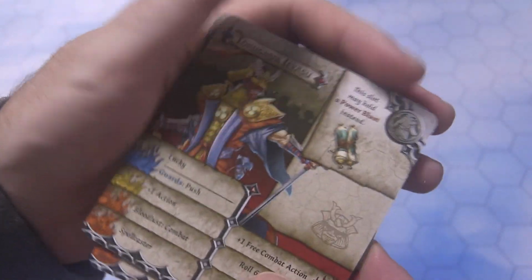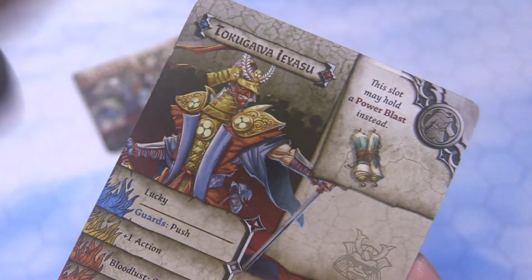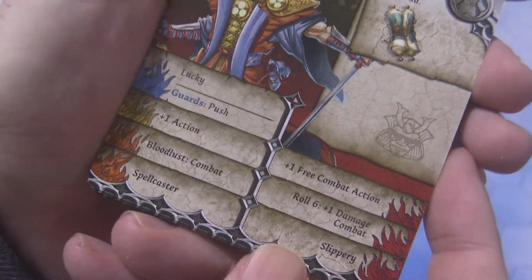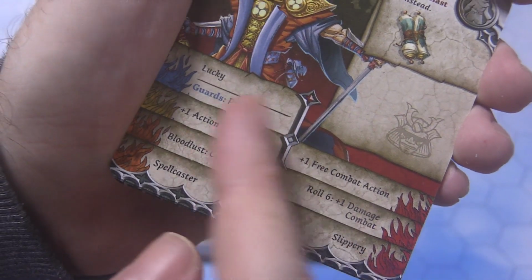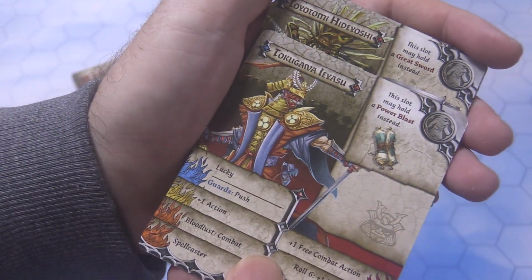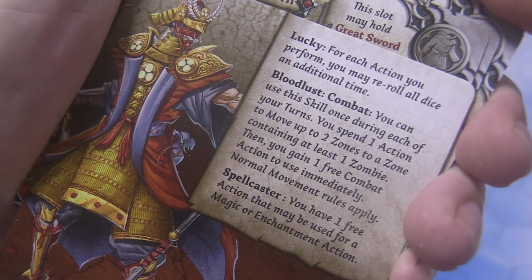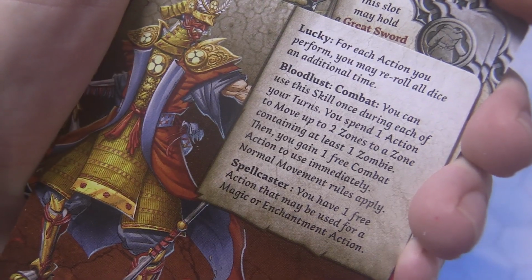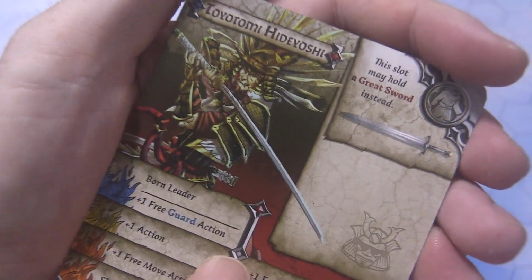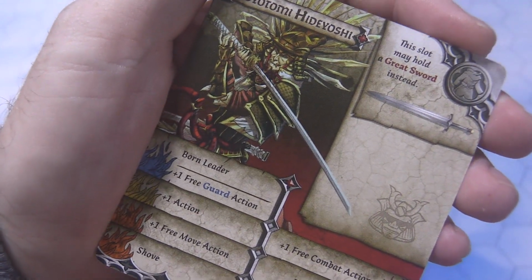Alright, Ironclad Warrior. Then we have Tokugawa Ieyasu, yes, awesome. Very cool. I've just made a character card for him in Marvel United in the homebrew world there. It's very cool. Lucky, yeah, sure is. Alright. And then we have Toyotomi Hideyoshi. So I'm probably butchering that as well, but